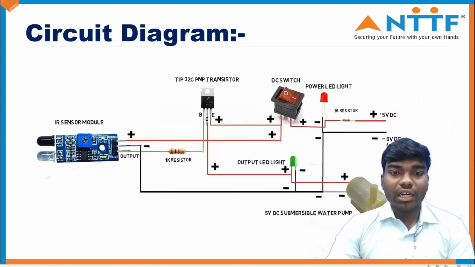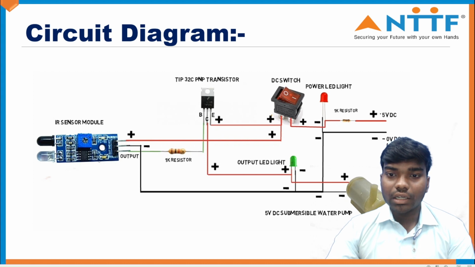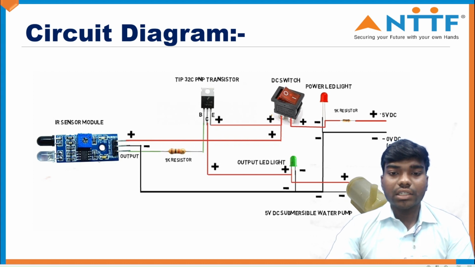This is the circuit diagram of this project. First of all, the positive terminal is connected to the DC switch, and at this terminal one red LED is connected with a 1K resistor. So when we give the 5 volt DC supply, the red LED will glow. Then the DC switch's second terminal is connected to the emitter, and the same terminal is connected to the VCC of the IR sensor. After that, the DC water pump's positive terminal is connected to the collector, and the negative terminal is connected